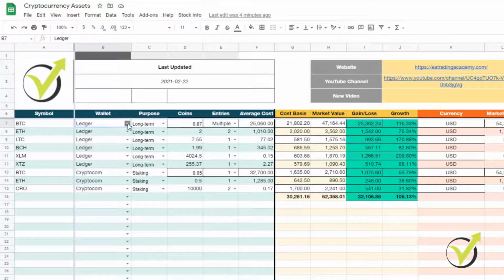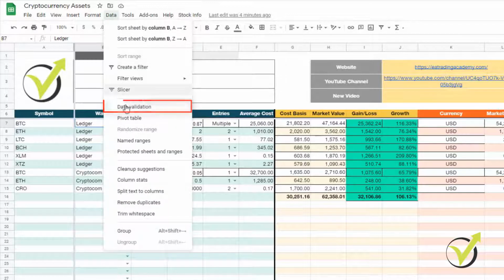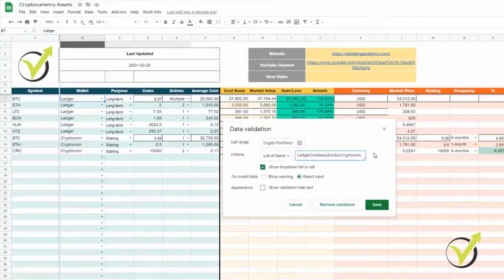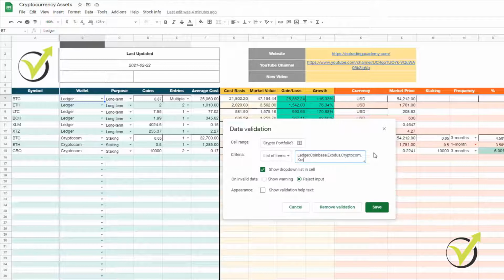And if you want to add something here, for example, if you're using another wallet, let's say Kraken, all you need to do is go to Data and then Data validation, and here is the list with the wallets. So what you can write, for example, is Kraken. Make sure you don't leave any spaces, otherwise it will not work, and then just click on save.